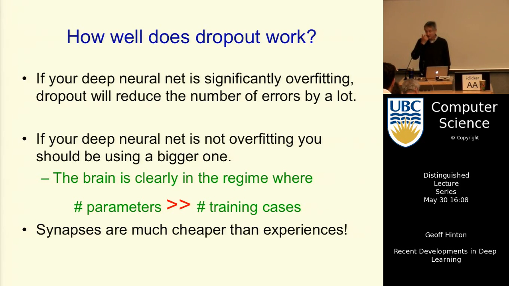If they're not overfitting, you should just be using a bigger neural net. However much data you have, and I keep explaining this to Google, you can always use a neural net such that it will overfit. And that's what you should do. And then you should regularize it. And if you look at the regime people are in,